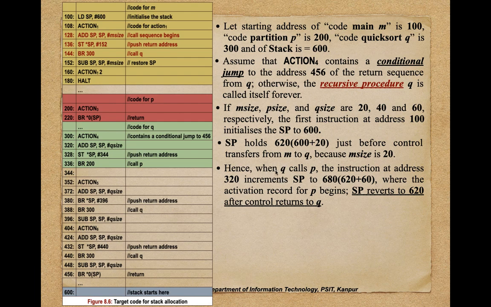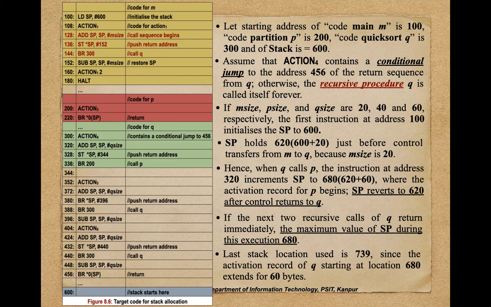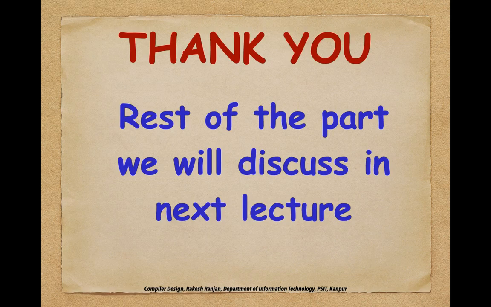सिमिलरली, hence when we call Q, when Q calls P, Q मतलब हो गया आपका क्विक सॉर्ट, जब P को कॉल करता है तो ये क्या एड्रेस स्टोर करेगा 680, है ना, 680 कैसे होगा, तो 620 तो पहले है और प्लस 60, तो 60 किसकी साइज है, क्विक सॉर्ट की साइज है, क्विक सॉर्ट की साइज देखिए यहाँ पर 60 है, तो प्लस 60 यहाँ पर कर रहे हैं, तो इस तरीके से ये हमारा कॉल किया जा रहा है। तो इसमें मैक्सिमम इसका जो डेप्थ जाएगा वो 680 तक यहाँ पर जाएगा, है ना। So in this way we can